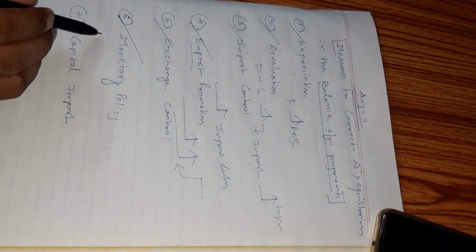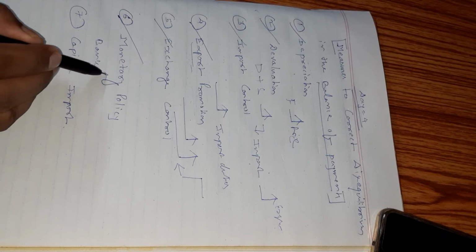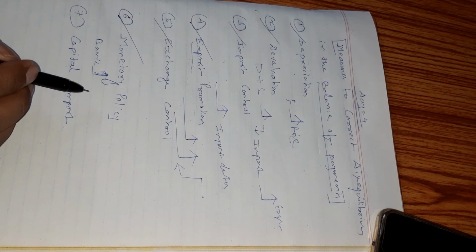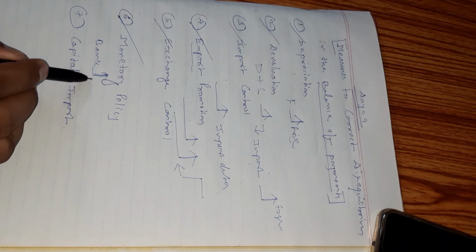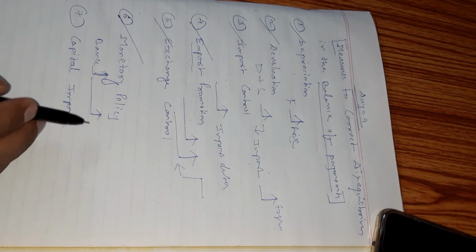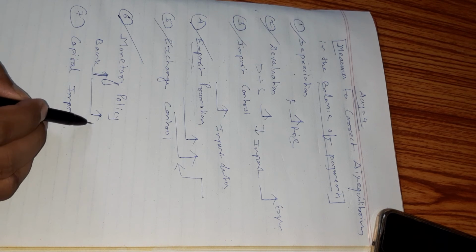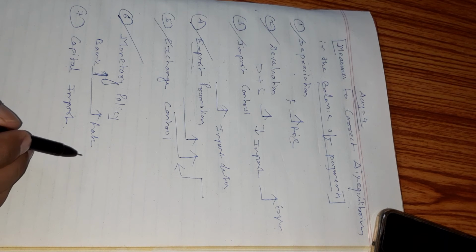Try to understand. If the bank rate is increased, the commercial banks will increase their lending rates. What will the commercial banks do? What is a commercial bank? Already I have discussed it in the bank chapter, so there is no need to tell you again what a commercial bank is. They will also increase the rates. What will be the result? Borrowing from the bank will decrease.